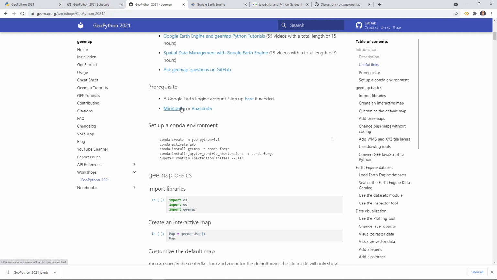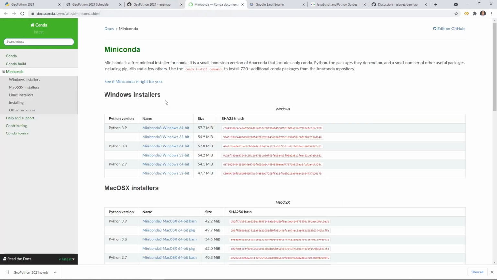If you don't have either of those, I highly recommend that you just install Miniconda. You can just click the link to download the installer based on your operating system. If you're using Windows, you can download, for example, any of those, 3.9 or 3.8, either one is fine. You can, for example, click the 64-bit download, then just follow the instructions to install